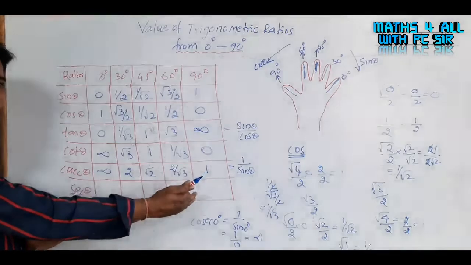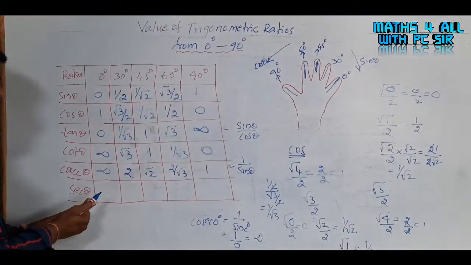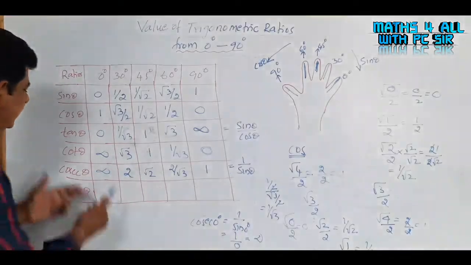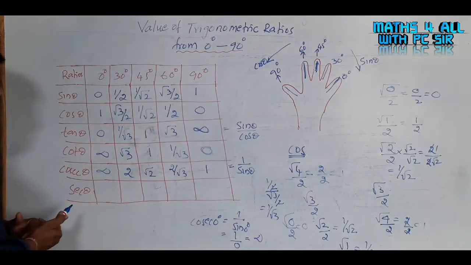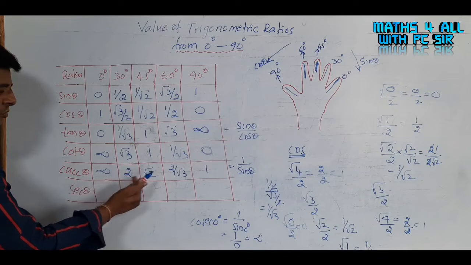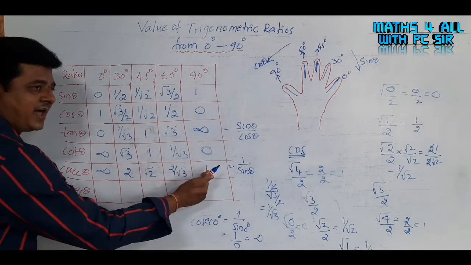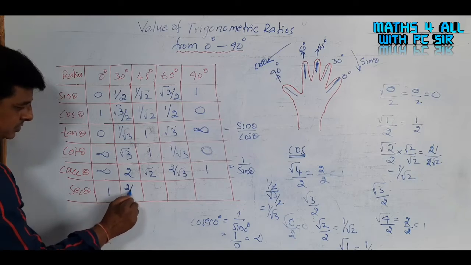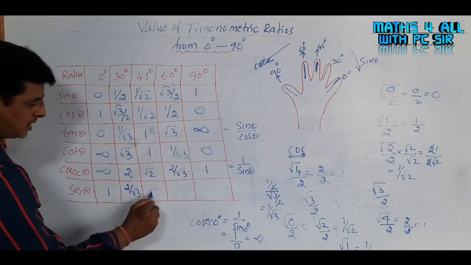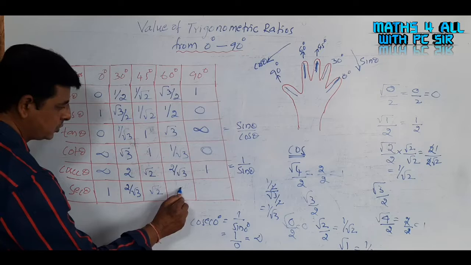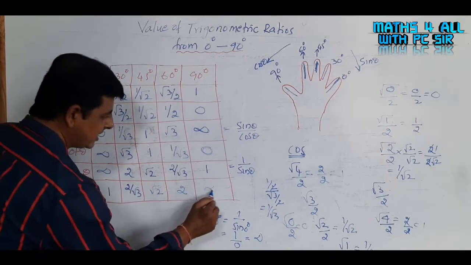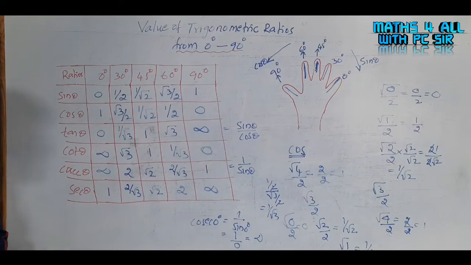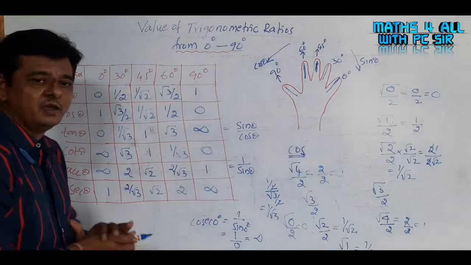After getting cosec values, then sec theta is nothing but, of course you can take 1 by cos theta, or otherwise in the reverse direction of cosec theta, that is infinity, root 2, 2 by root 3, 1. In the reverse direction you can write 1, 2 by root 3, root 2, 2 and next infinity. Clear? So these are the values of sec theta. By using this technique, understood?